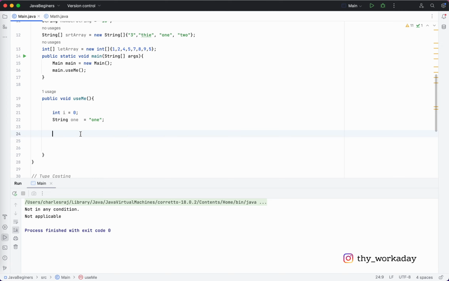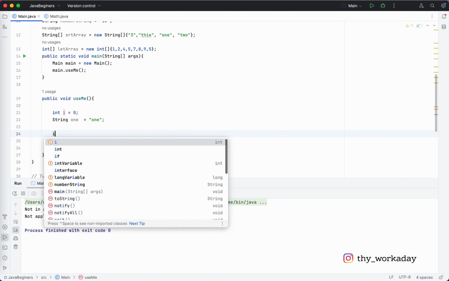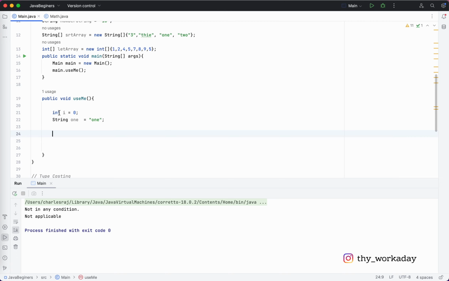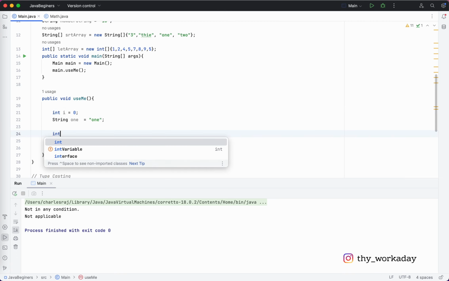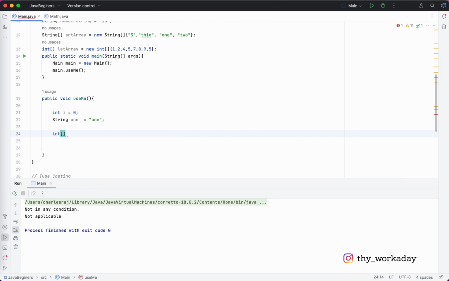We can't add different data types, only the same data type. If the data type is integer, I can create an int array. In array syntax, you have to put square brackets next to the type, and after that you give the array a name,